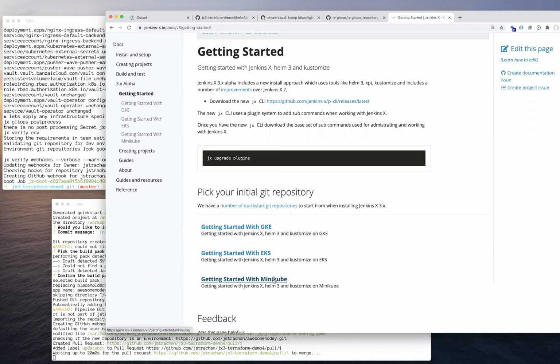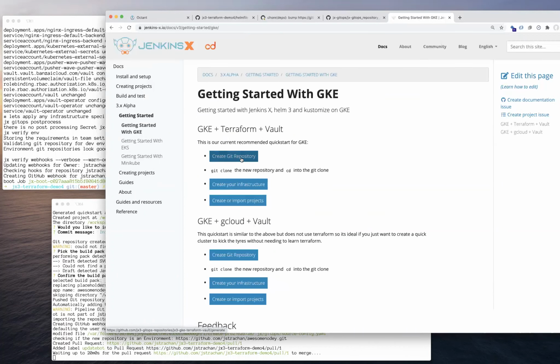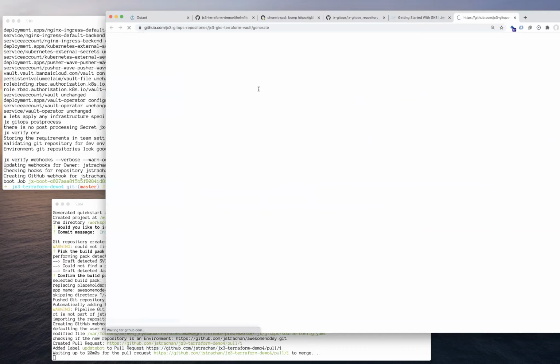So it can be a little bit kind of fiddly. We obviously want to make it as easy as possible for folks to get started on any kind of cluster. So we're hoping to do a better job of quick starts and guides and so forth to help you walk through that. Now, one of the interesting things about the new v3 install mechanism is we use these template repositories